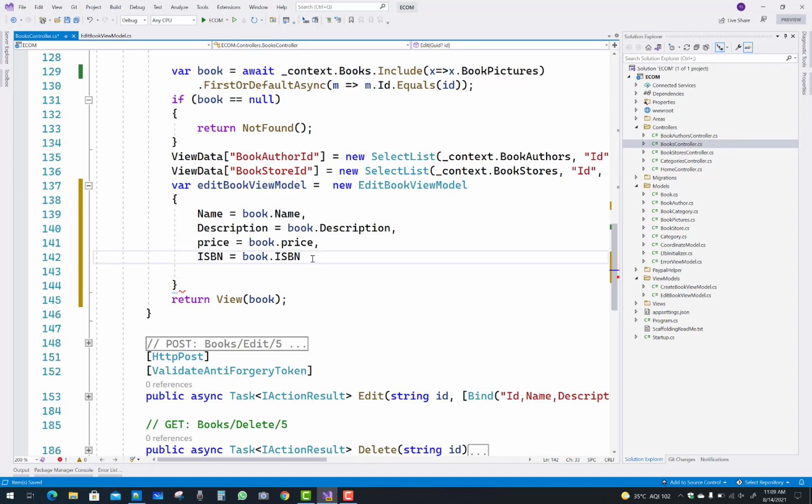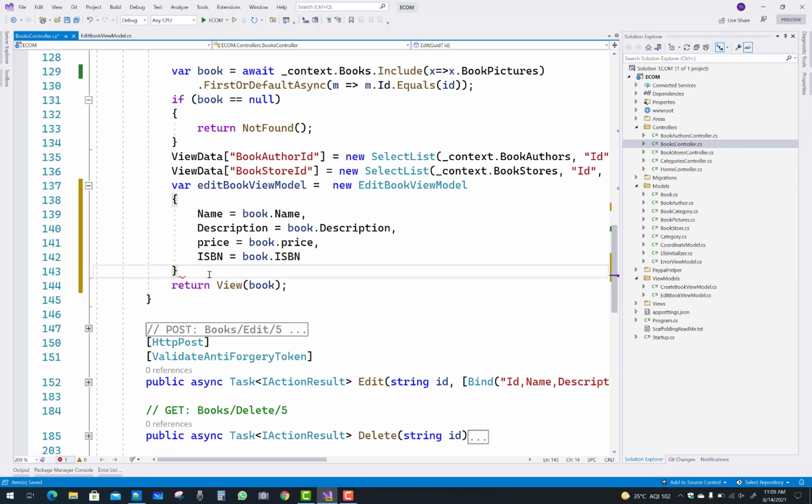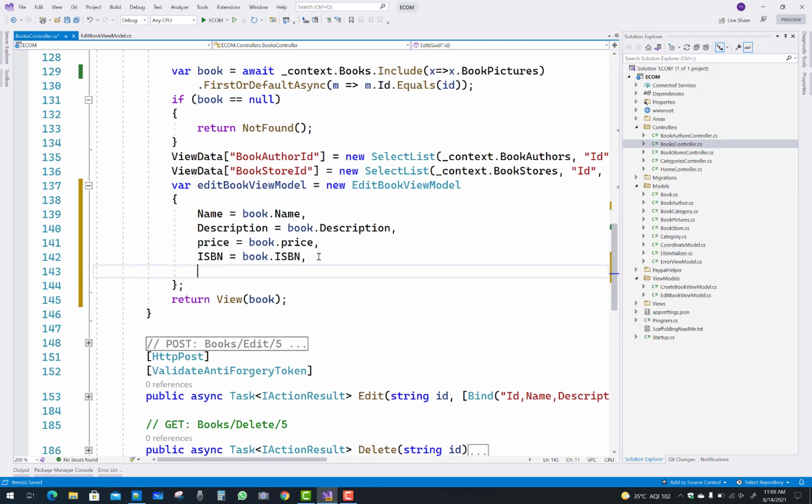So here we have name, description, price, and ISBN, which are related to the books. And book pictures is directly related to the multiple book pictures, so a list of book pictures is added here. Pictures equals book dot book pictures.